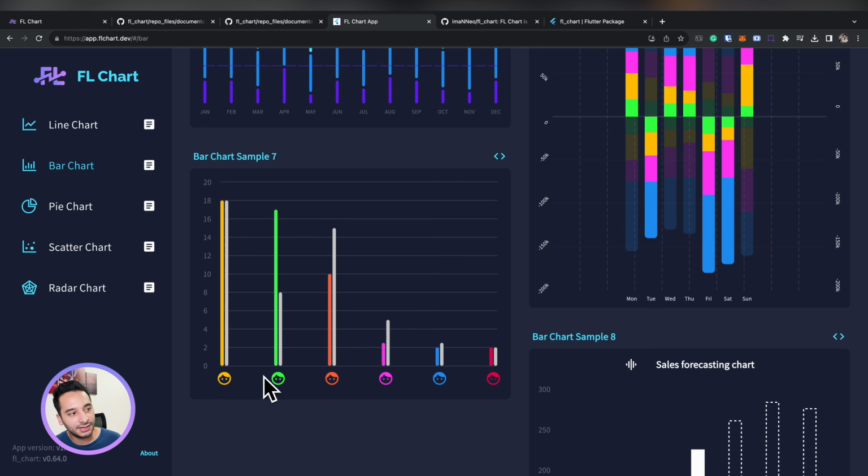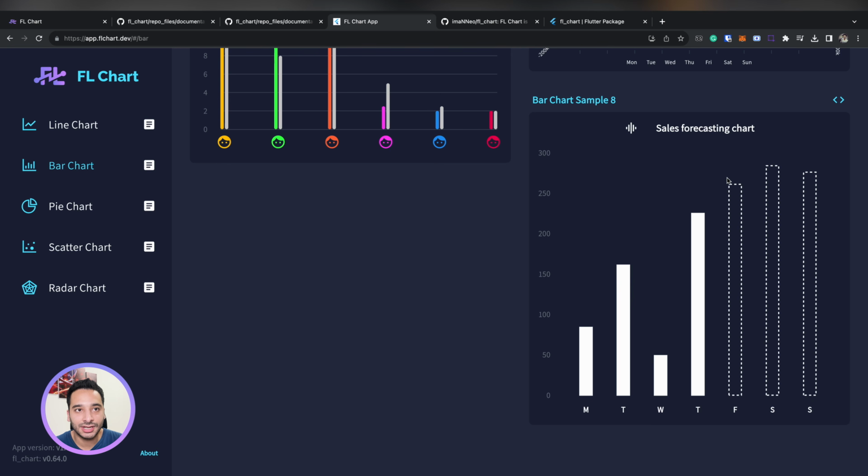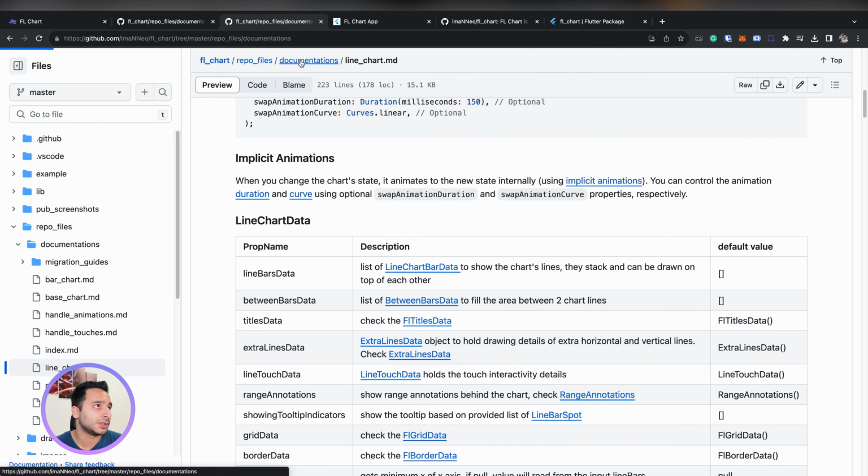In the titles, you are free to use some default values, or you can customize it and pass your customized widget. For example, these are all widgets, and you can do whatever you want with the widgets that you provide. And here we have dashed stroke around the bars. And if I open the documentation,